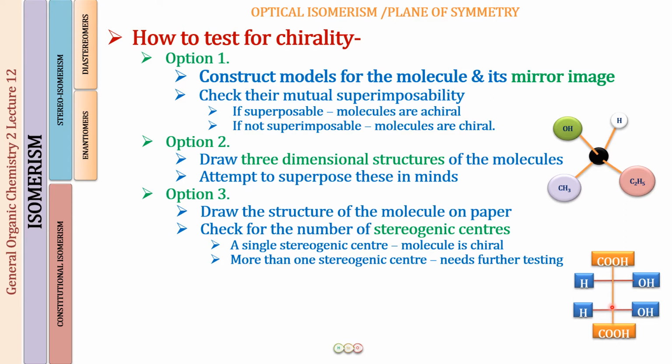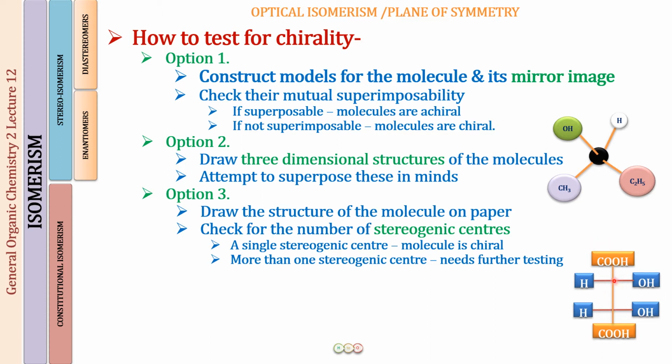This is a Fischer projection for the molecule tartaric acid, and I'm going to tell you about this a bit more today, so that when we discuss the various types of projections in our lectures, it is not difficult for you to understand. You've already learnt about the wedge and dash diagrams. This is one more diagram in which we can represent various organic molecules. This is the Fischer projection; I'll be talking about it more.